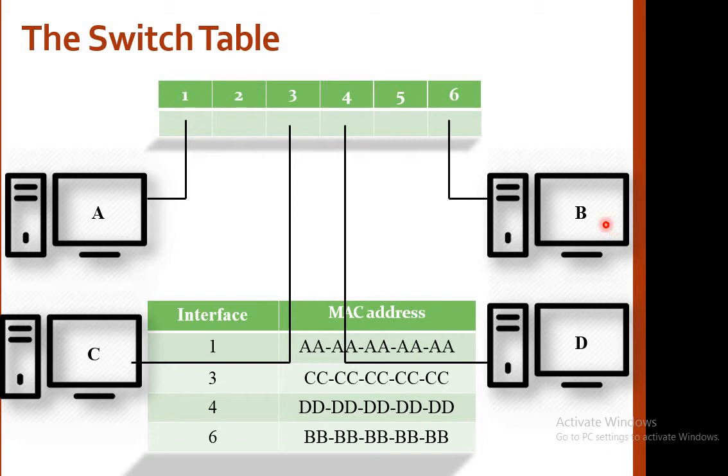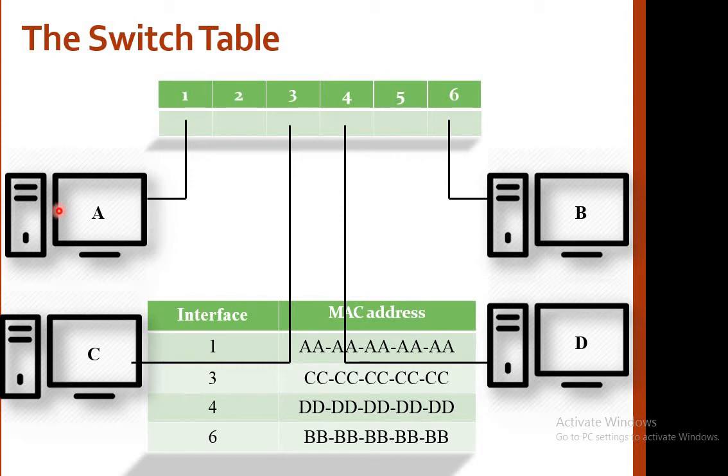So what will it do? It will transfer the data. If any device wants to communicate with another device connected to this switch, what will it do? It will send the data, and along with that it will send the MAC address. So once the data is transferred, the same data is sent to all computers or all devices present in that particular network.